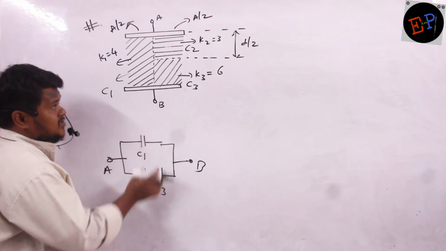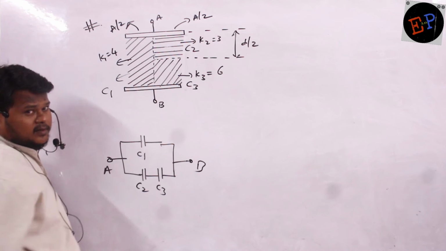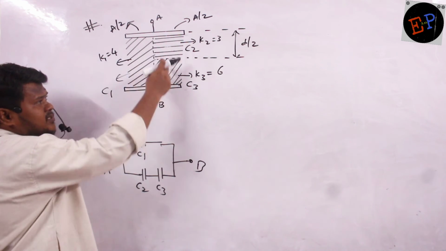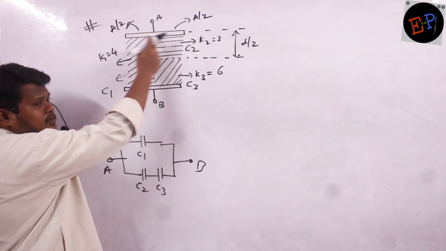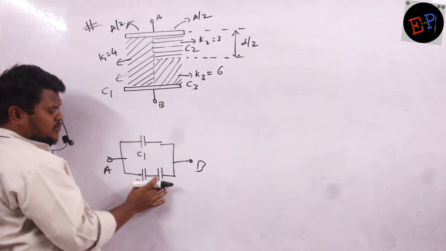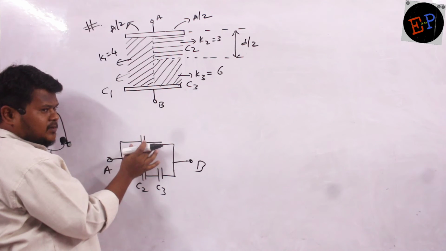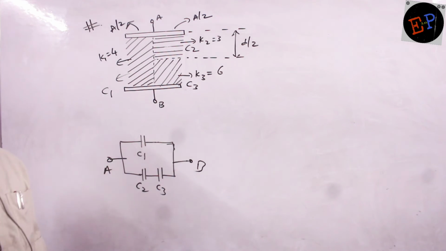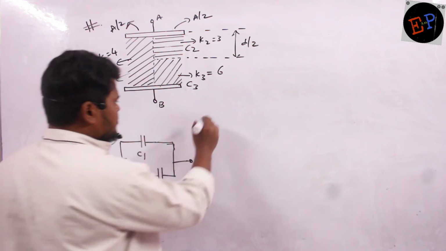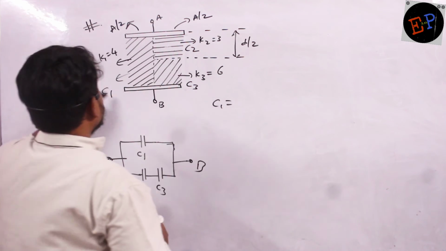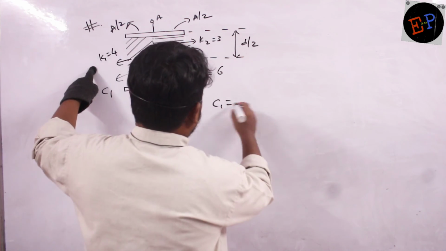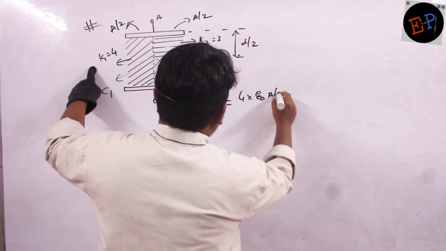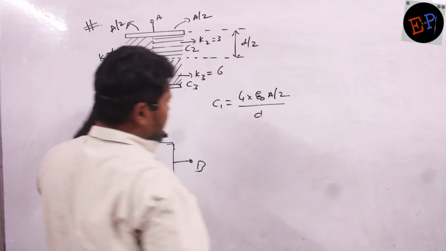To these two capacitors, this one is in parallel. Why is this one in parallel? Because for these capacitors and this capacitor, the plate is common. So definitely to these two capacitors, this one is in parallel connection. Understood? This is the equivalent capacitance. Now you can just calculate the values. C1 will be how much? C1 will have K value 4 epsilon naught. It is covering only half of the plate, but the distance is complete.